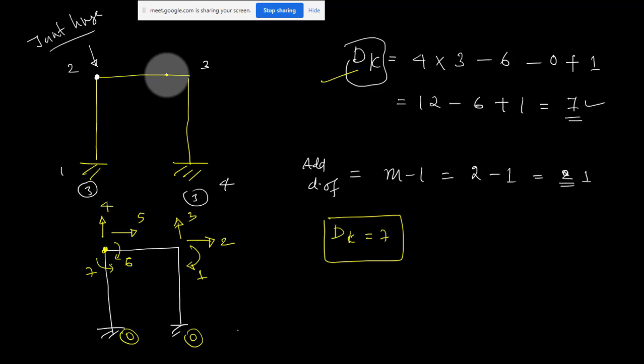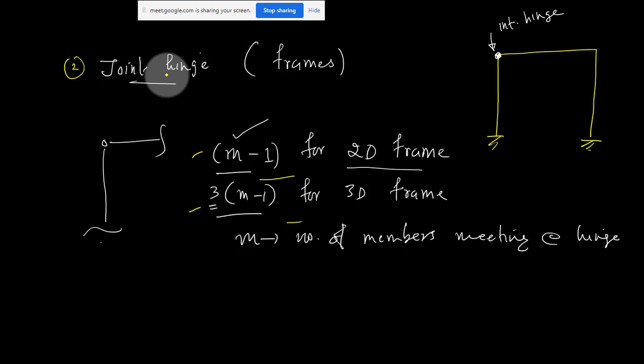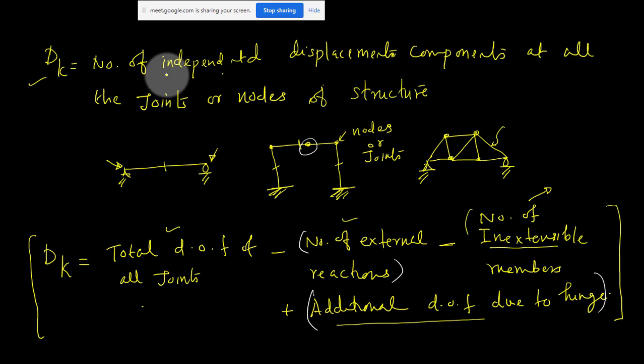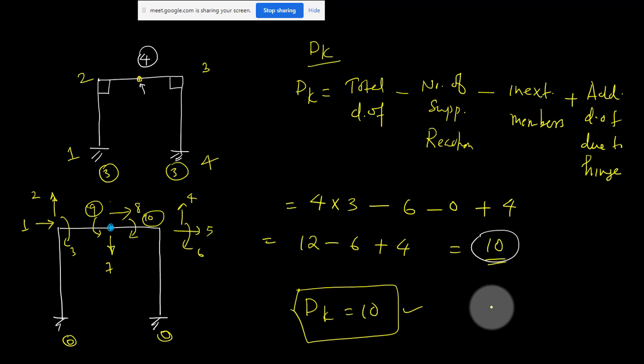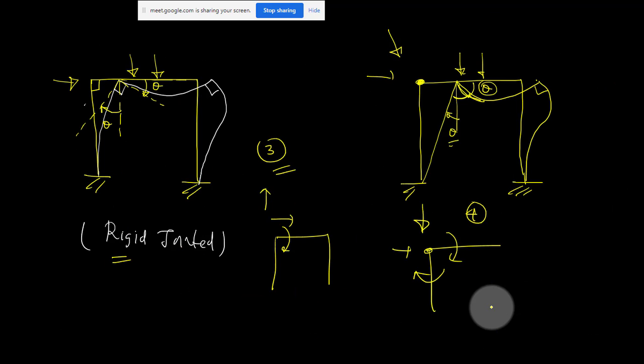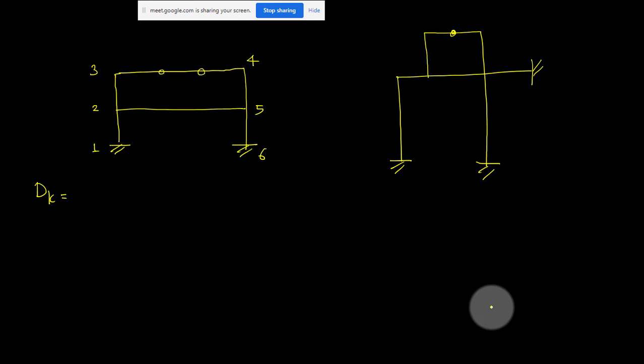Because you have to see which equation you have to use. I'm going to use only this equation in the entire problem. That is why, because the hinge part we are already taking separately, I should not count the hinge as a joint. If you use some other formula, you will count the hinge also sometimes. That's why you should not get confused. So while counting the joints, you have to count like this.